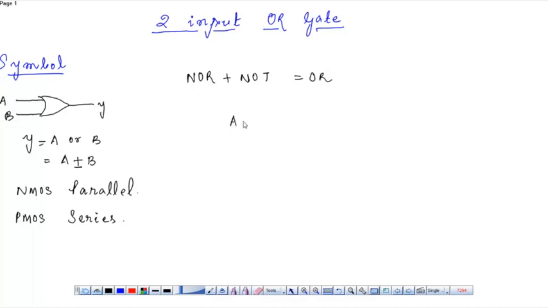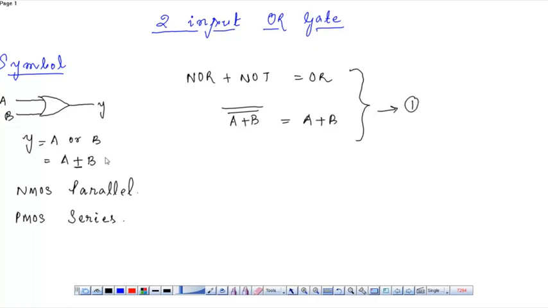That is, A plus B bar is NOR, whole bar will get A plus B. This is one way,